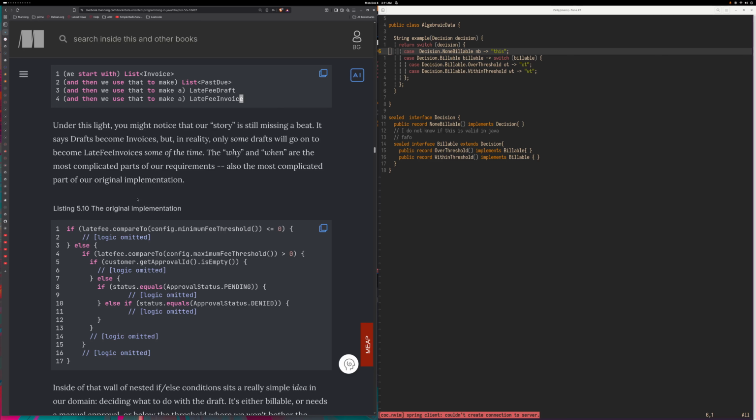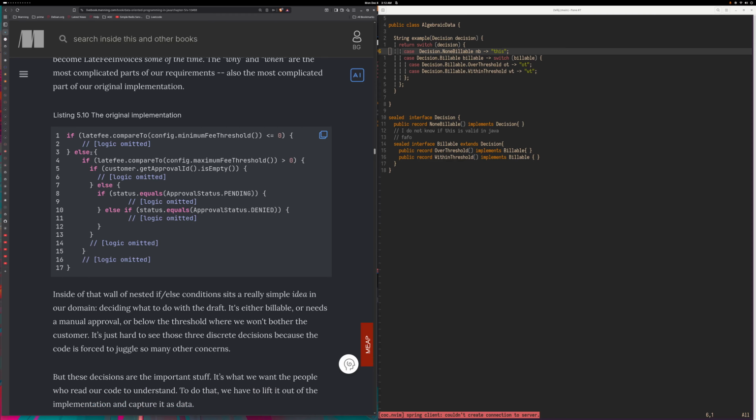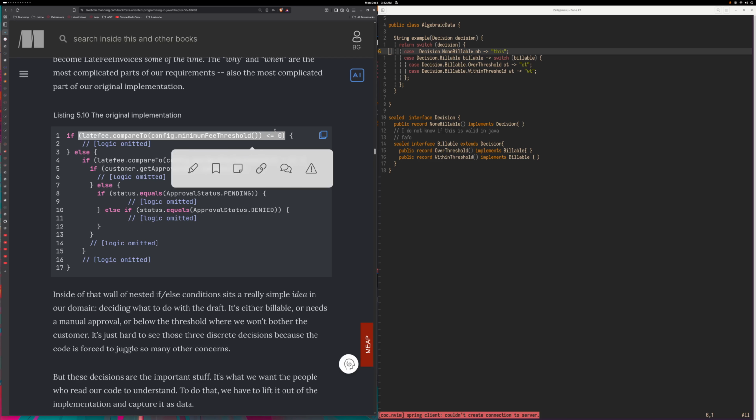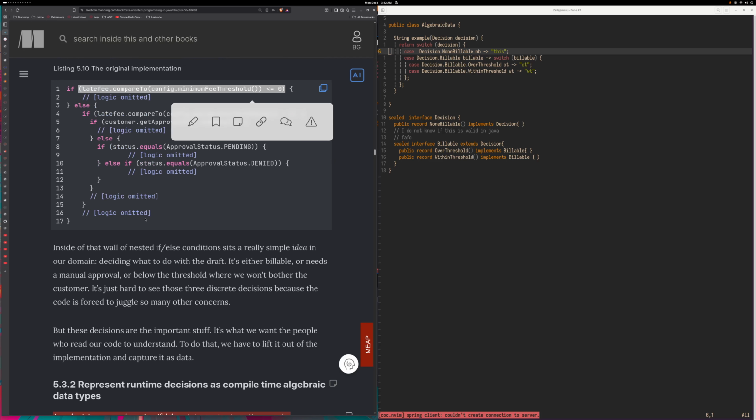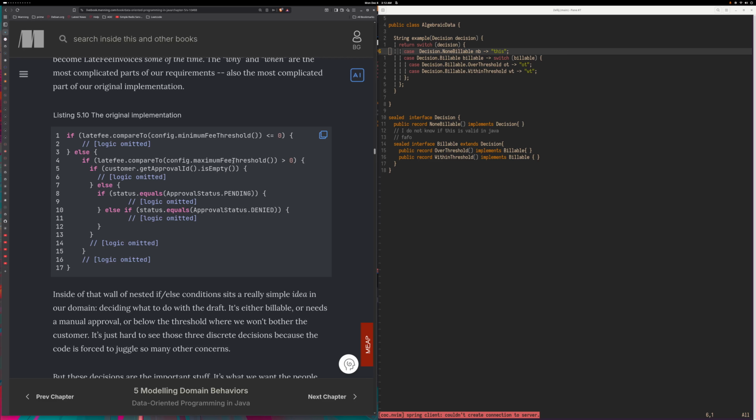Under this light, you might notice that our story is still missing a bit. It says drafts become invoices, but in reality, only some drafts will go on to become late fee invoices some of the time. The why and when are the most complicated part of our requirements, and also the most complicated part of our original implementation. If you remember, we do a check if it's less than or equal to 0. We just don't bother to send it. If it's greater than 0,